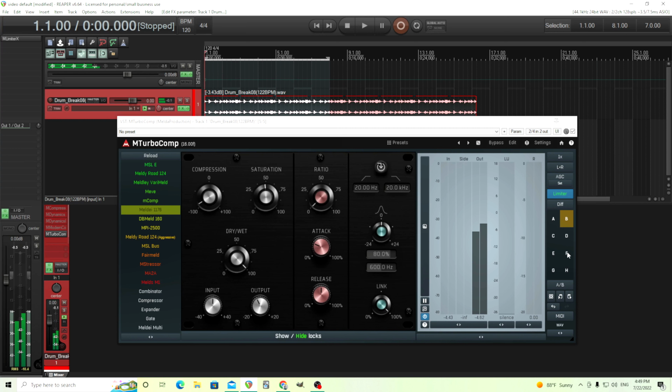And maybe have one mixed version using A, another mixed version using B, another using C, and ask people, how do you feel about mix A? How do you feel about mix B, etc. So I think that's one of the greatest things about MTurboComp. There's also an MTurboComp LE, which is a little bit cheaper, and it only allows you to do this, but